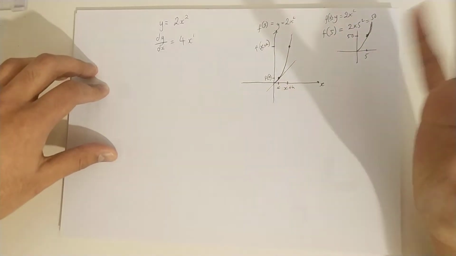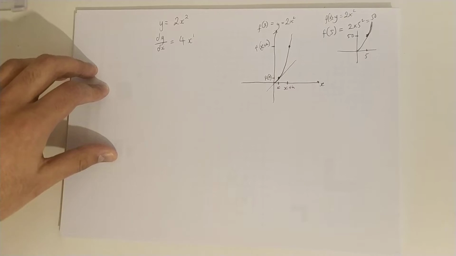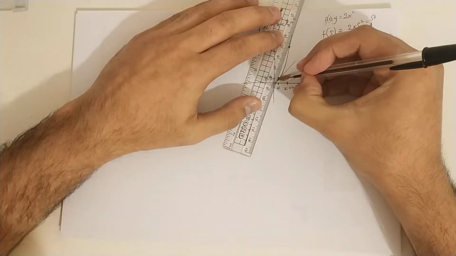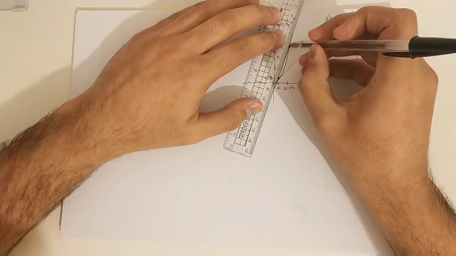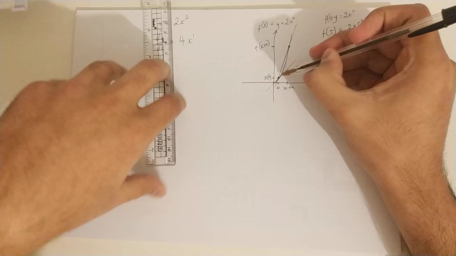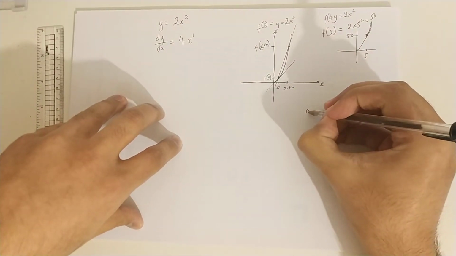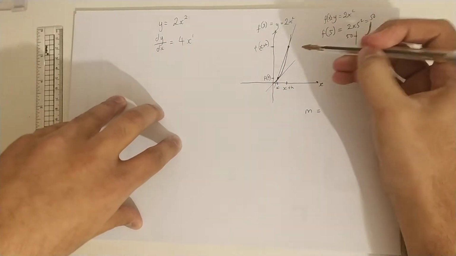Now, when I'm looking for the gradient function, if I want to get the gradient of this line here, why don't I start with a decent-ish approximation? So I'll start off by looking at the gradient of this line here that I've put together somehow using these two coordinates. I'll say that my approximation for the gradient, we'll call it m, is going to be the rise